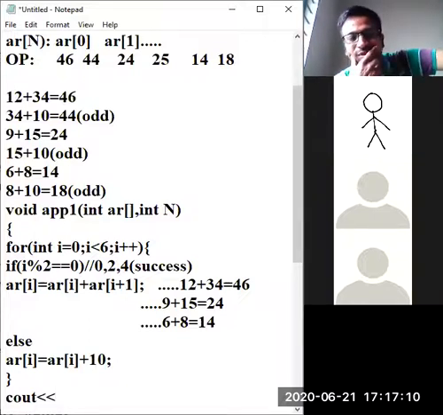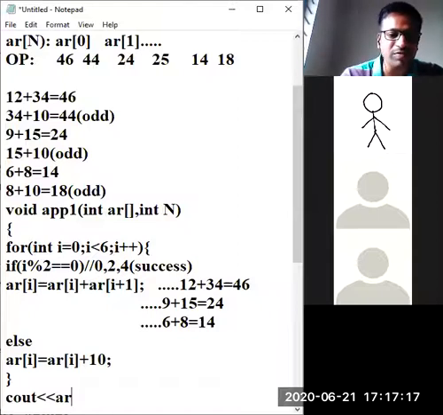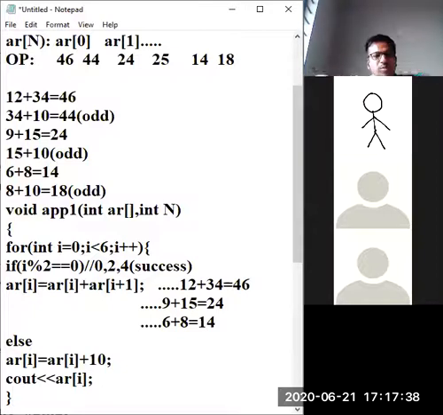What to give? You guys will get a problem here because you are not good in arrays, it seems. AR of the array name, AR of i, but i should be placed again in the for loop, isn't it? Yes or no? So obviously this brace, can I put like this? I will write i here. Okay, fine. Can I do like this? Any problem? Tell me, is there any problem with this? Yes. What is that?